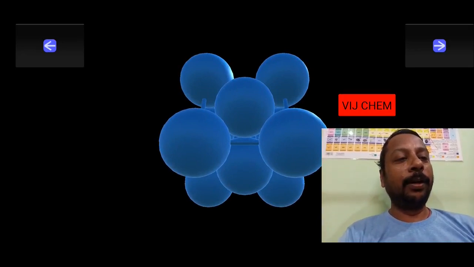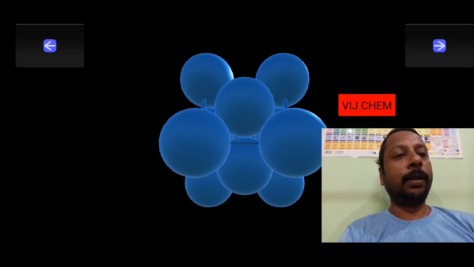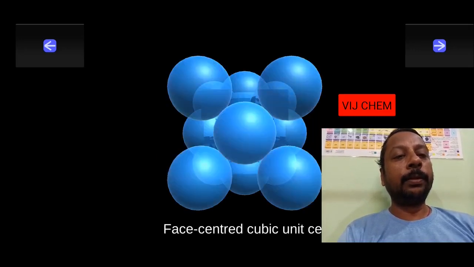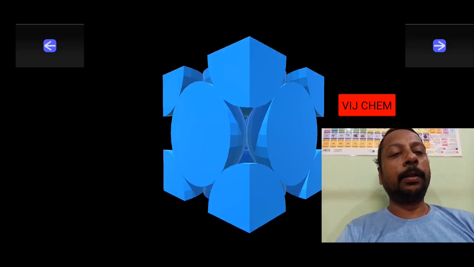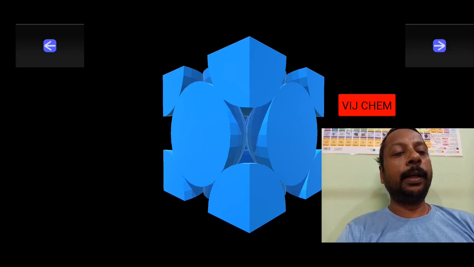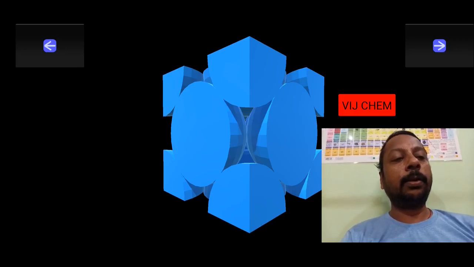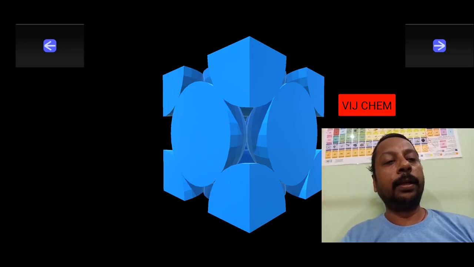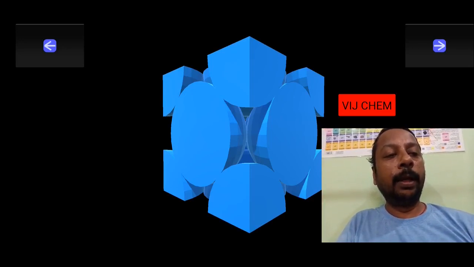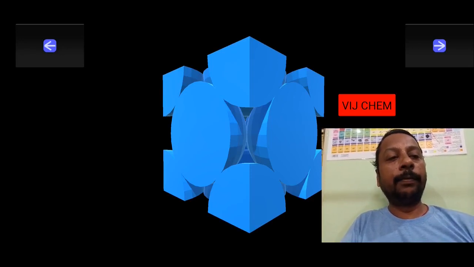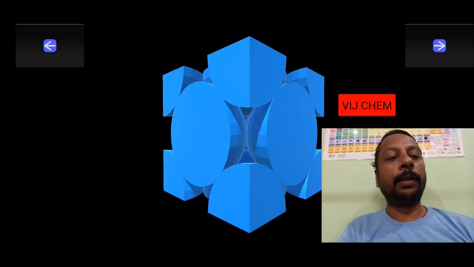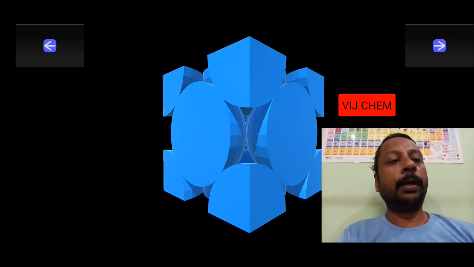Okay, now what I am going to do, I am going to cut it, then you will come to know the contribution. Zoom, cut. So when I cut, it is looking like this, but clarity will be like this. See, face centers are cut, half is inside, half was outside. Corners are cut, 1/8 only inside. 1/8 part of each corner is inside the cube, whereas half of the face center is inside and the body center is completely inside. Is it understood?